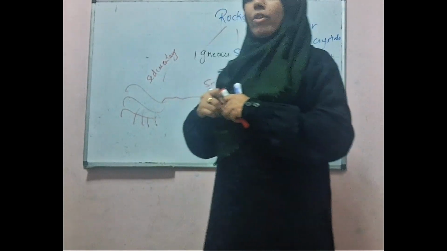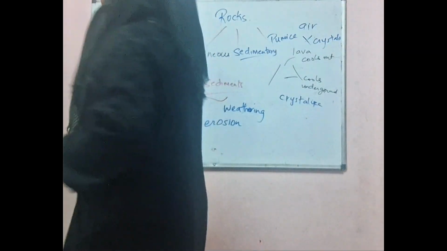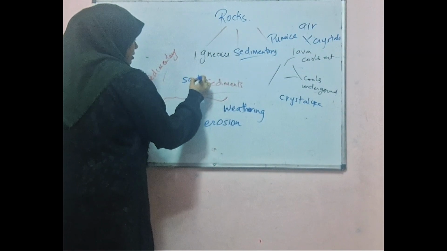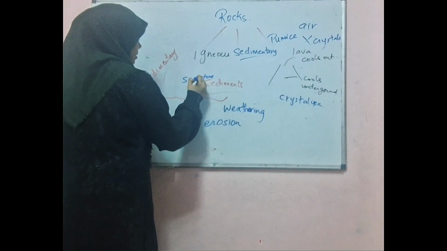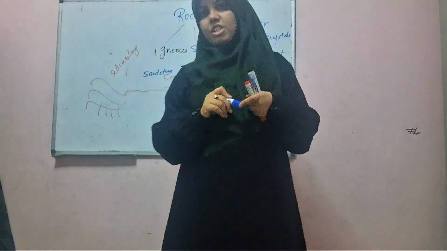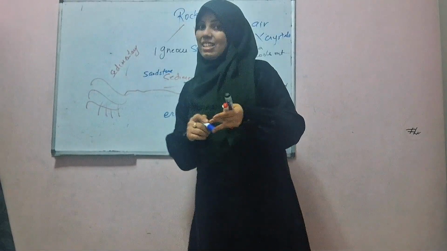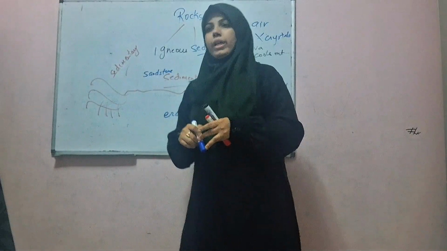And one example of sedimentary rock is sandstone. Example of igneous rock was pumice. Example of sedimentary rock is sandstone, limestone. Okay. Now,